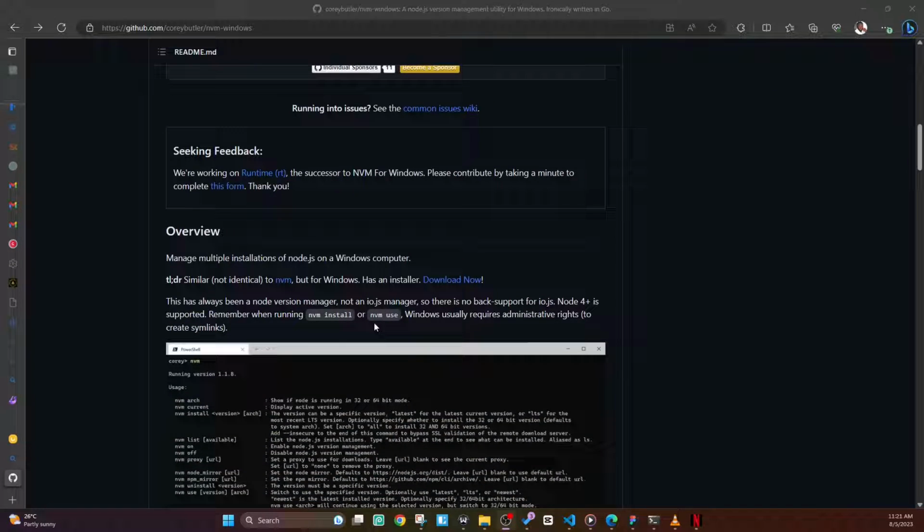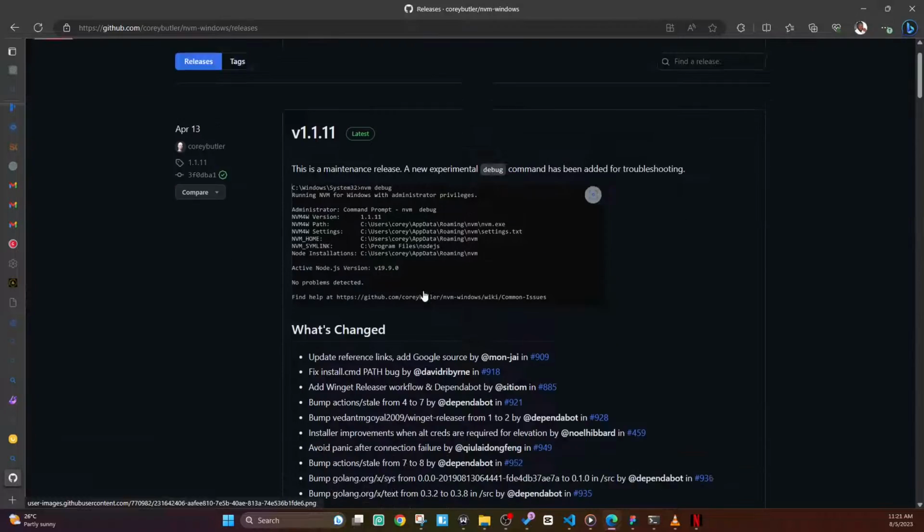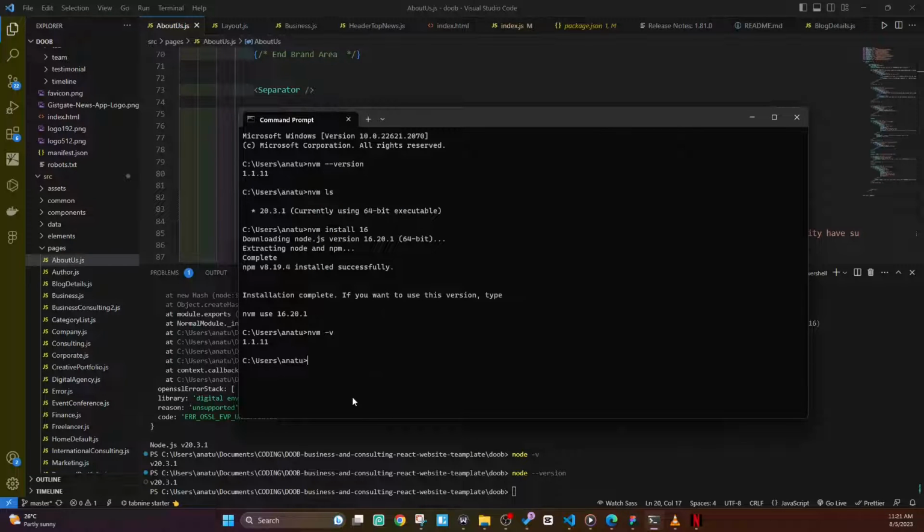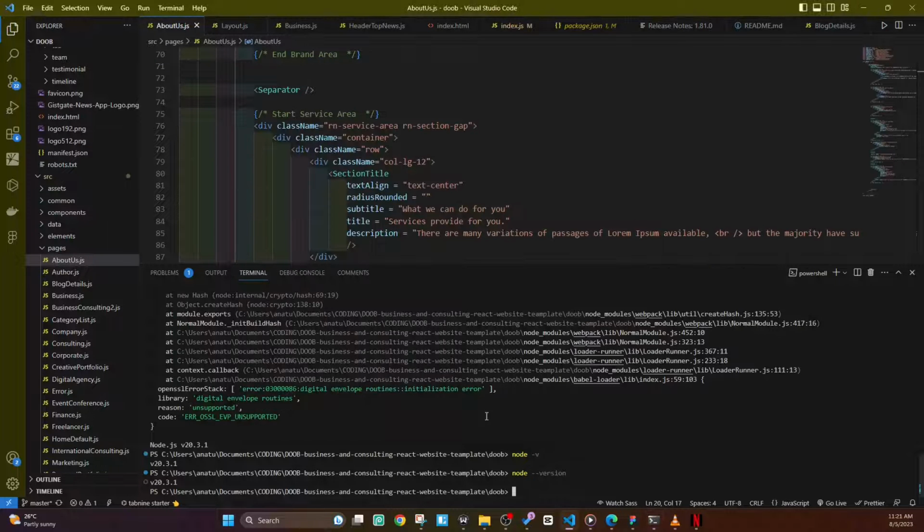It should be somewhere here. So look at this link here, download now. You're going to see the exe file, or the zip file. Just download this and install, and after installation, you come over to your command prompt, or even here on your